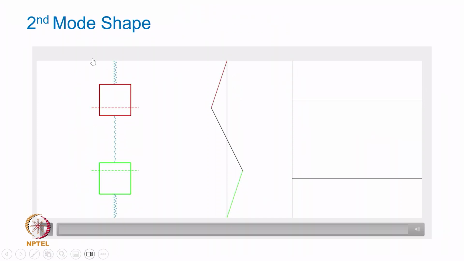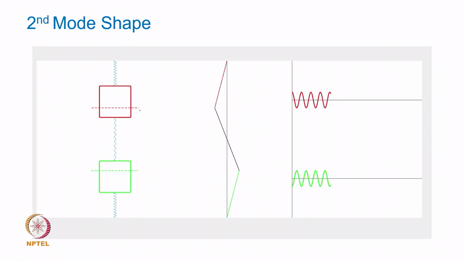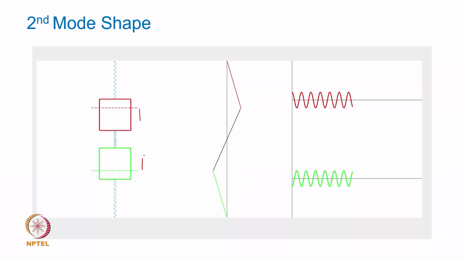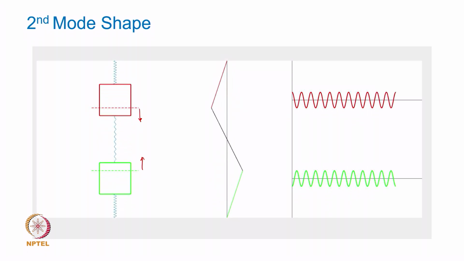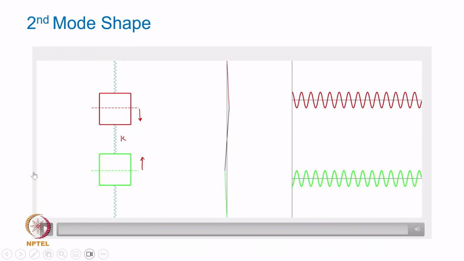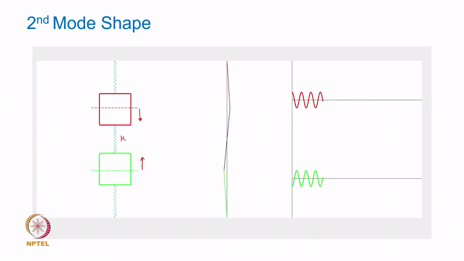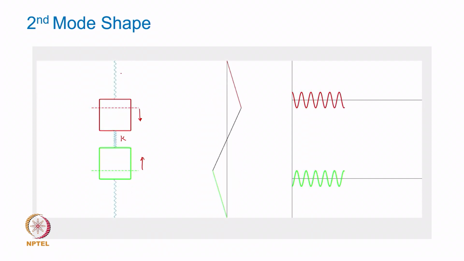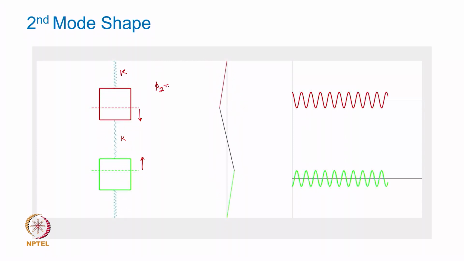Okay. Now, let us look at the second mode shape. In this case, you can notice that when this mass is moving down, this mass is going up. Okay. So, their amplitudes are always of opposite sign, and now you can see that the middle spring is effective and it is contributing. You can notice that the spring is contributing, and that has a very high stiffness, twice the stiffness of the first and the last spring, and that is the reason why the moment your second spring comes into action,